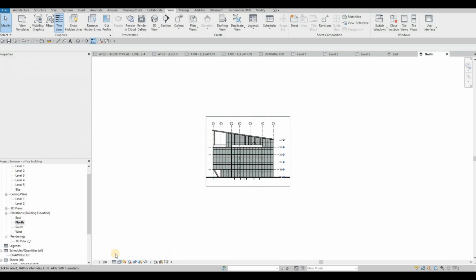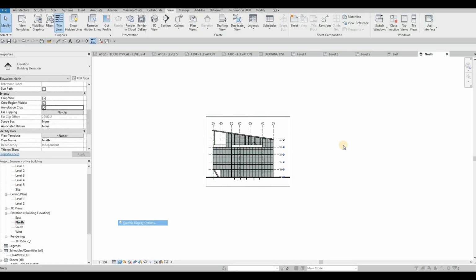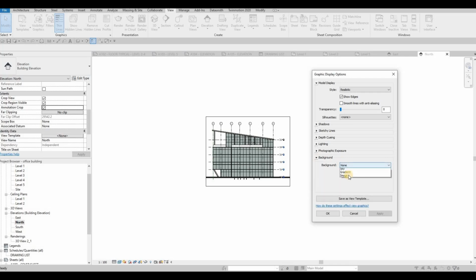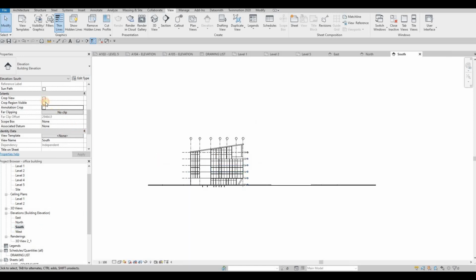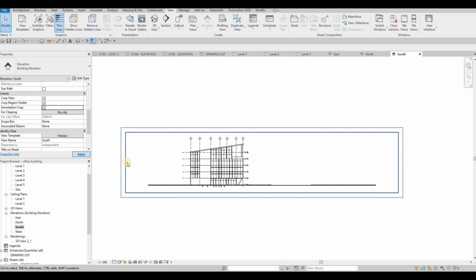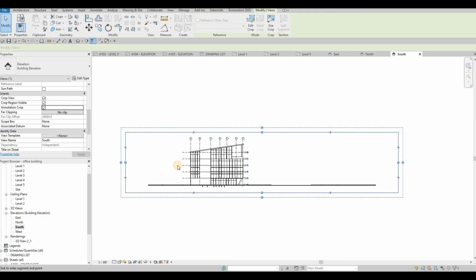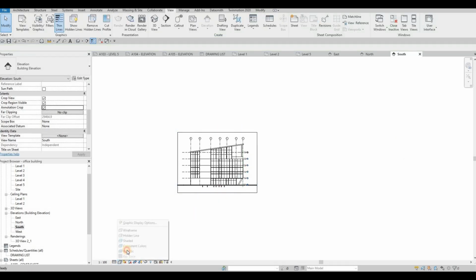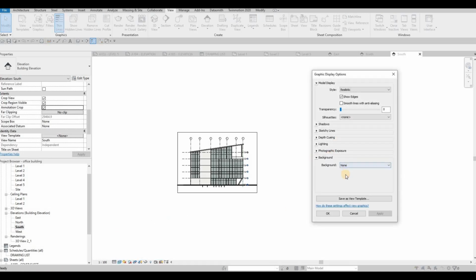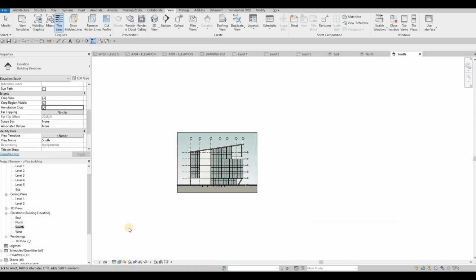Fine, realistic, graphic display, background, gradient, apply, OK, and then we're good. Do it to south elevation. Make sure it's 1:100. Fine, realistic, gradient, apply, OK, and then lastly west elevation,